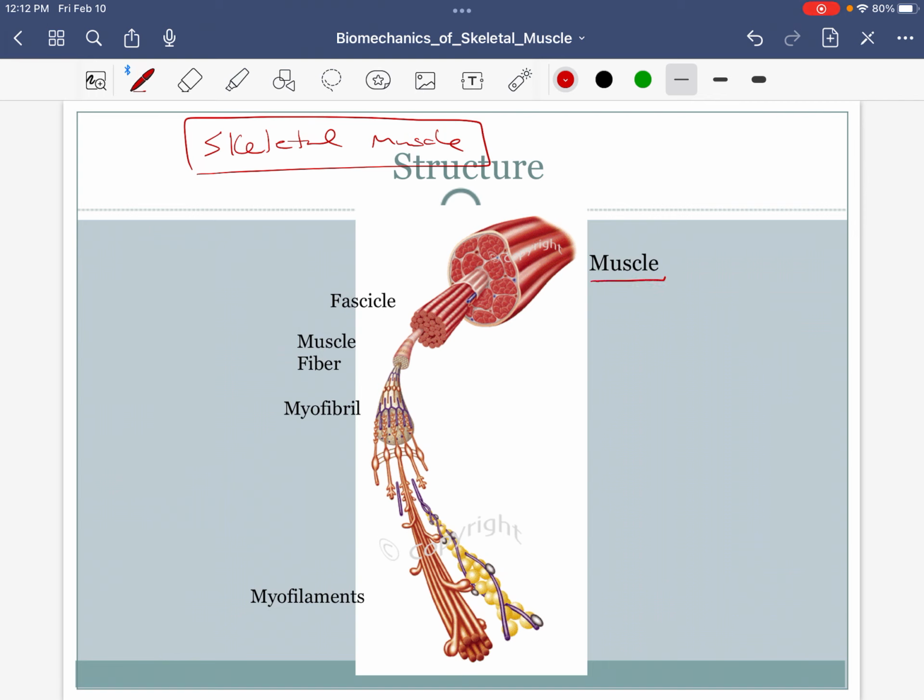I know the words sound similar and whatever, but with time, repetition over and over again, you can absolutely memorize these. So let's look at the whole muscle, right? So this round thing here could be any muscle, biceps brachii, gastrocnemius, whatever. The entire skeletal muscle is made up of these bundles called fascicles. So each one of these is a fascicle. That's a fascicle, this is a fascicle. So the entire skeletal muscle is made up of these bundles called fascicles.